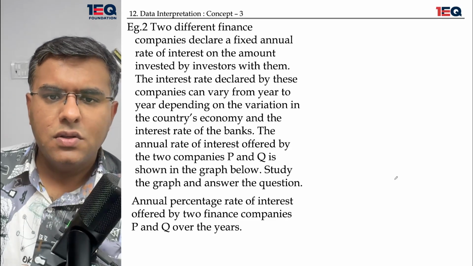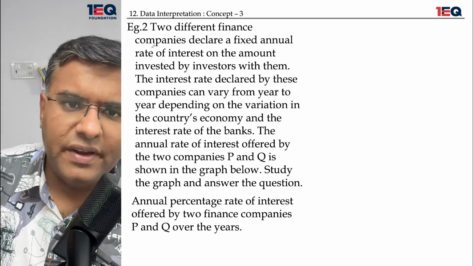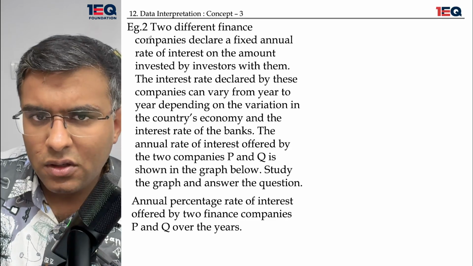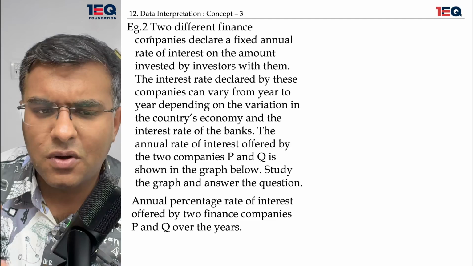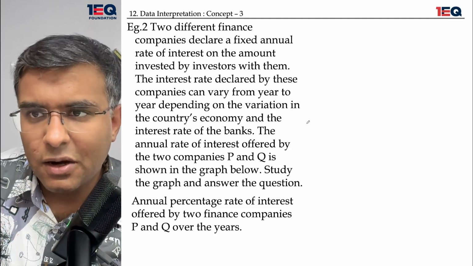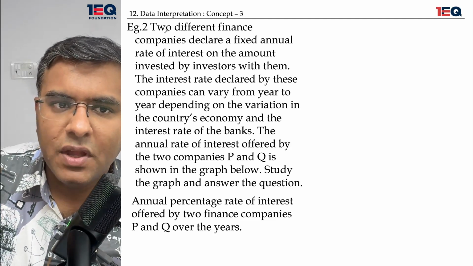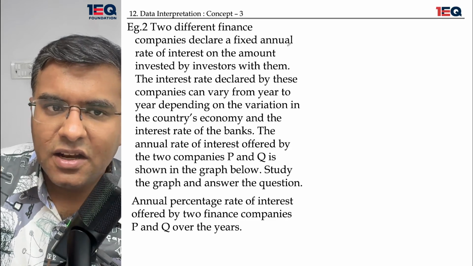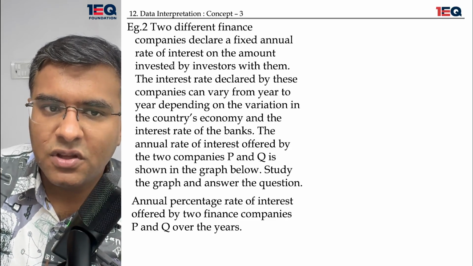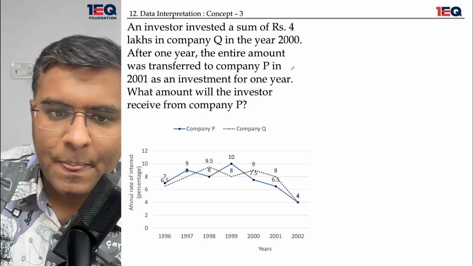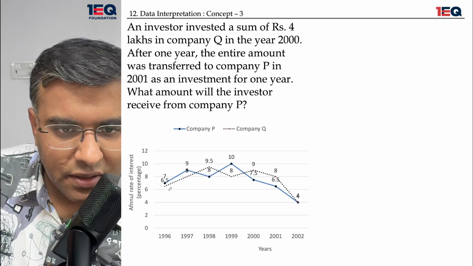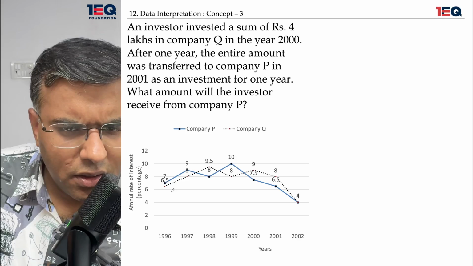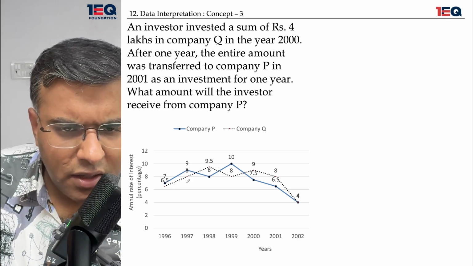Sometimes you will find the question to be very long, but the answer to the question is not very different. I'll still read it out for you so as to help you understand. Two different finance companies declare a fixed annual rate of interest on the amount invested by the investor with them. Let's say two companies are there, and both of them,